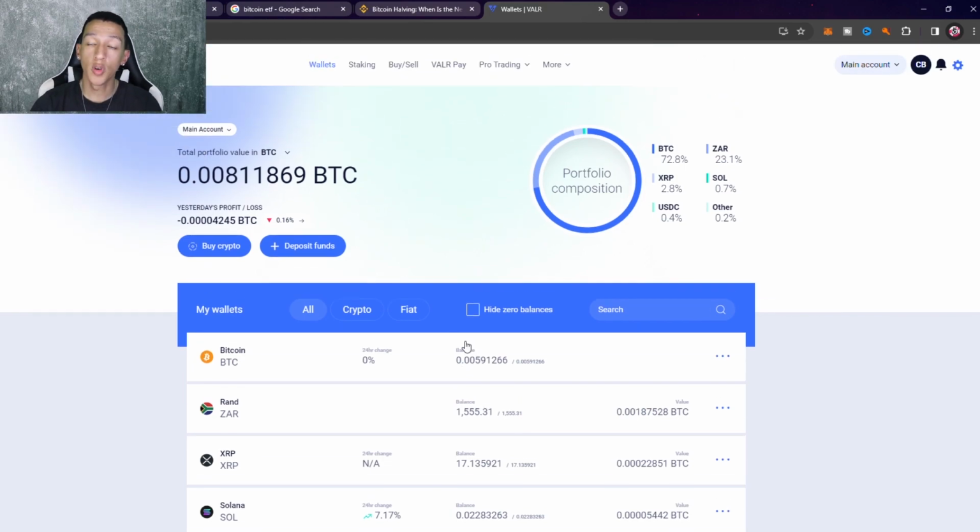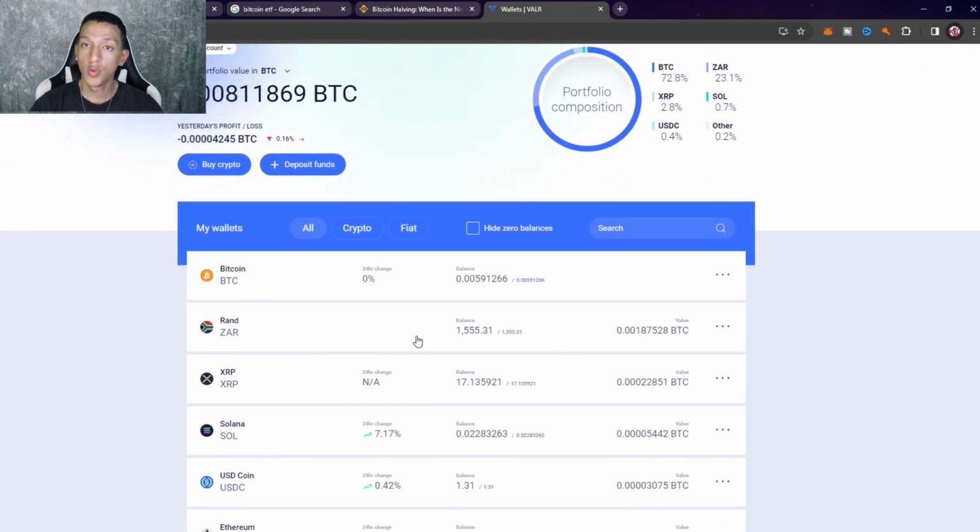There are basically two ways of buying BTC or any other cryptocurrency, which is a market order or a limit order. A market order means you're buying at the current price of Bitcoin, and a limit order is where you choose the price at which you want to buy the Bitcoin. This is also described as maker and taker. The maker is where you're making an order in the market, and the taker is where you're just taking someone else's order from the market. So you're buying instantly, which is a market buy.